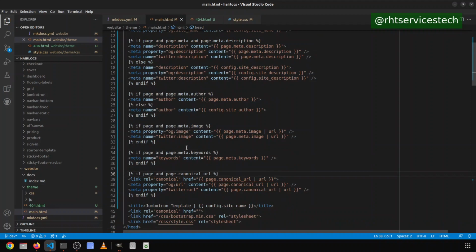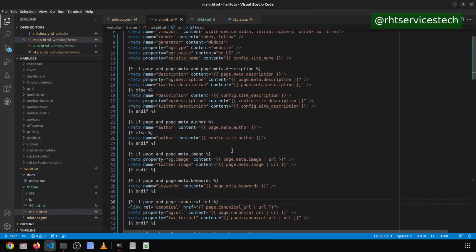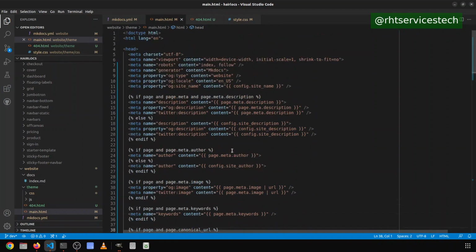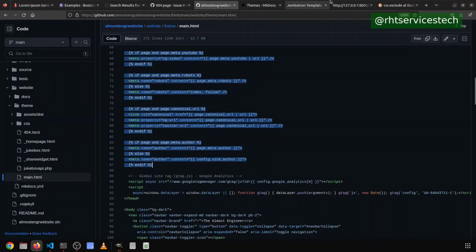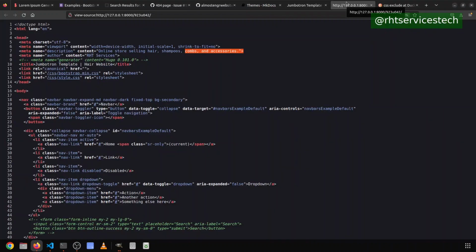And let's see what else. Keywords: each page in the future may have keywords, so we'll leave that there. This is not a blog, so it will default to the site author, and I think that'll be fine for this particular setup. All right, so now if we come back over here to the page,